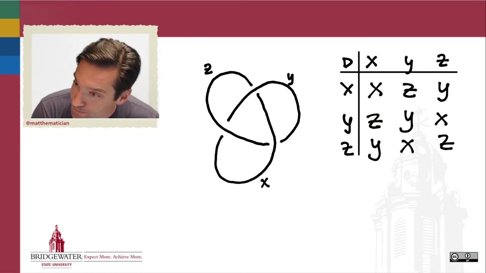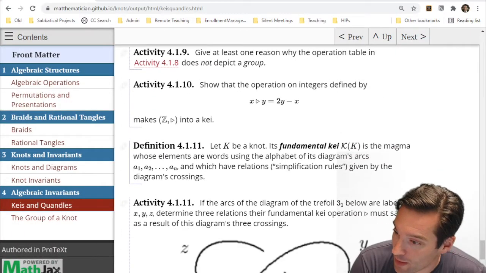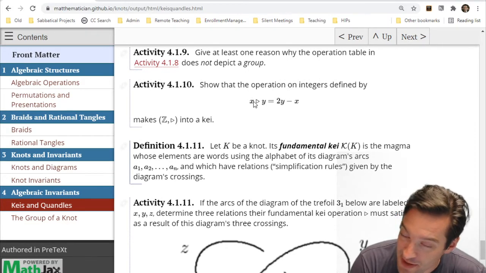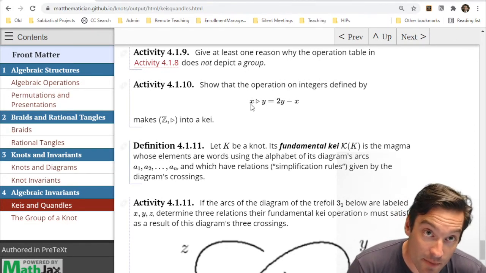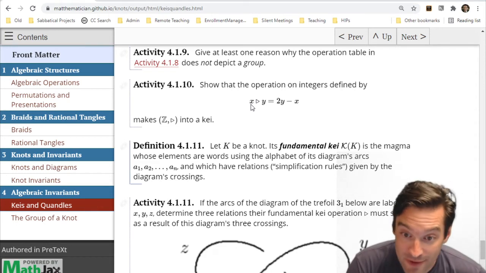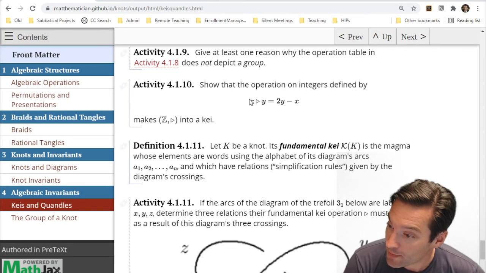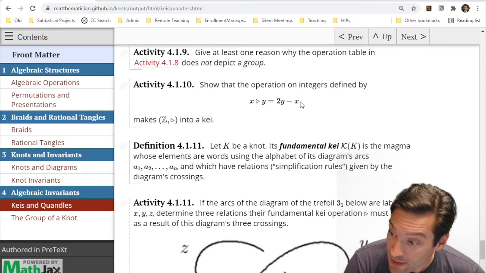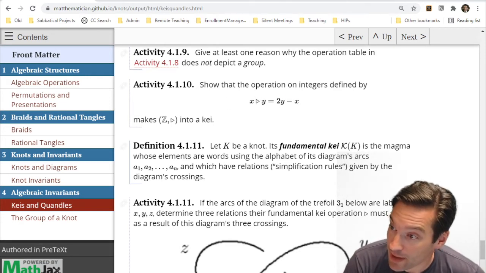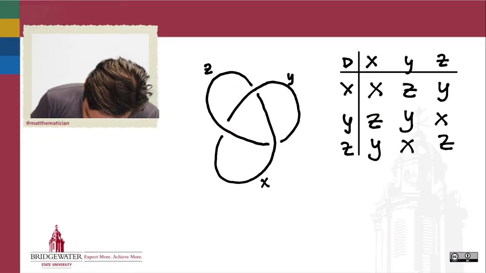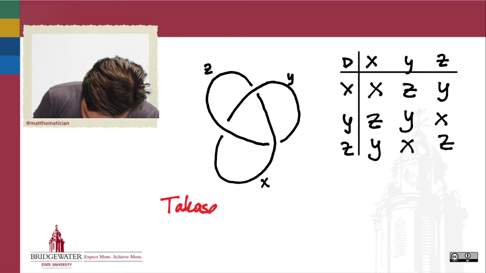So remembering that the way that we could tell about 3-coloration was by assigning the color of the bridge arc to be the average of the colors of the highway arcs that are going under it, right? So we could use a Kei on Z modulo 3 using this Kei operation. So let's see what that would look like. So this is called the 3-element Takasaki Kei, named after the person who coined the word Kei in the first place. So the Takasaki Kei